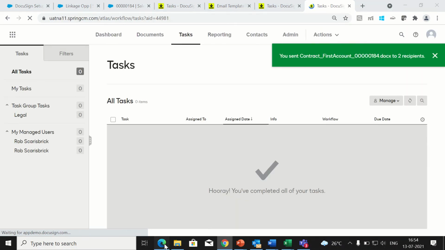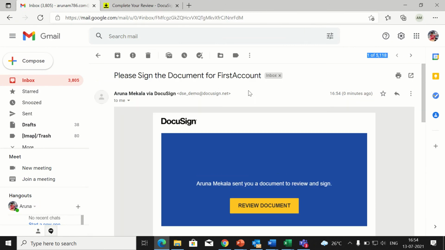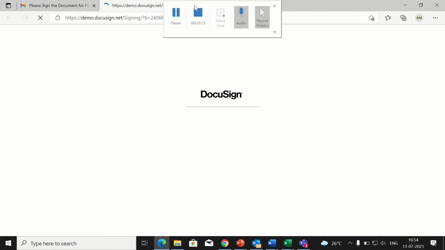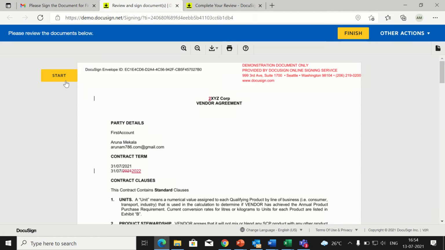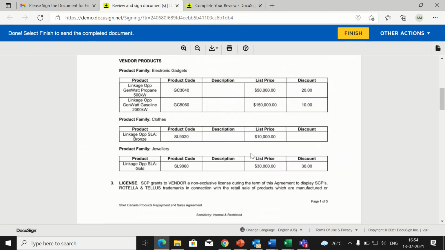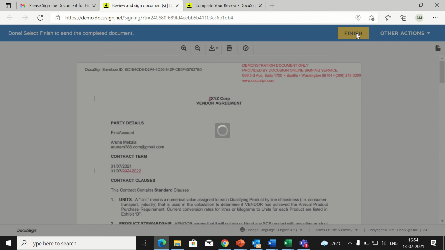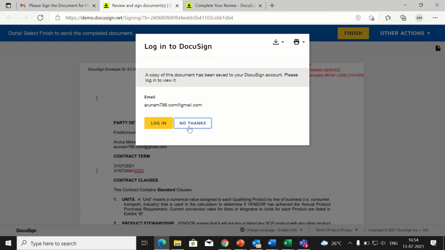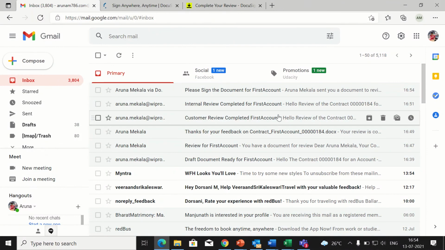it needs to be signed. So I will go to my mail and see, yeah, here I got a mail for the signature. So I'm clicking on review. Yeah, the mail has opened now. So I can see the document and I can sign the document. Just now I signed the document and am finishing it. Oh sorry, when I was editing, that too was additionally added. It is okay. Okay, now the first customer has signed the document, and now the second person involved in it,